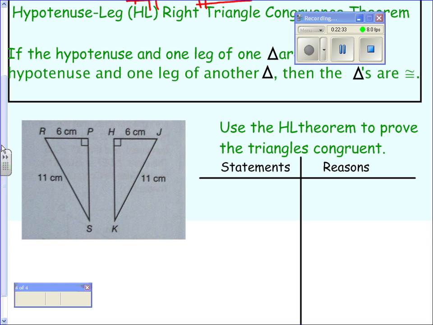Does that make sense on that one? Any questions on these? No. You do not have to state that those are legs and hypotenuses or hypotenuse. Any questions on these? Okay. Your test